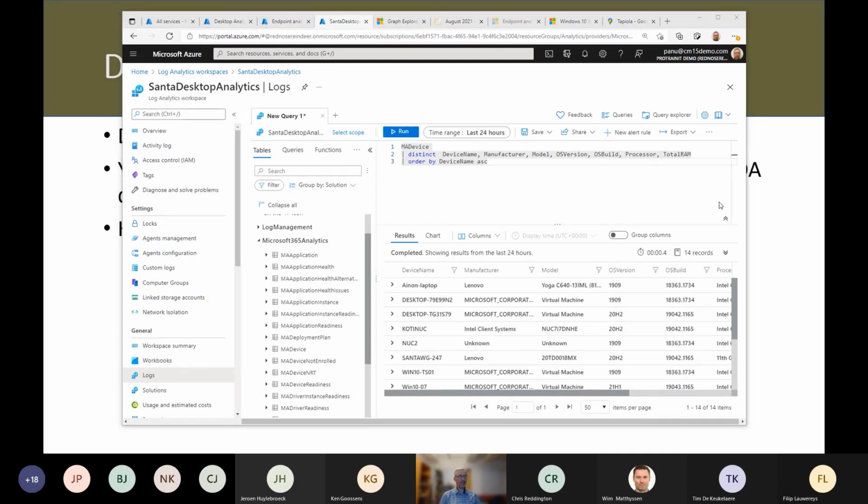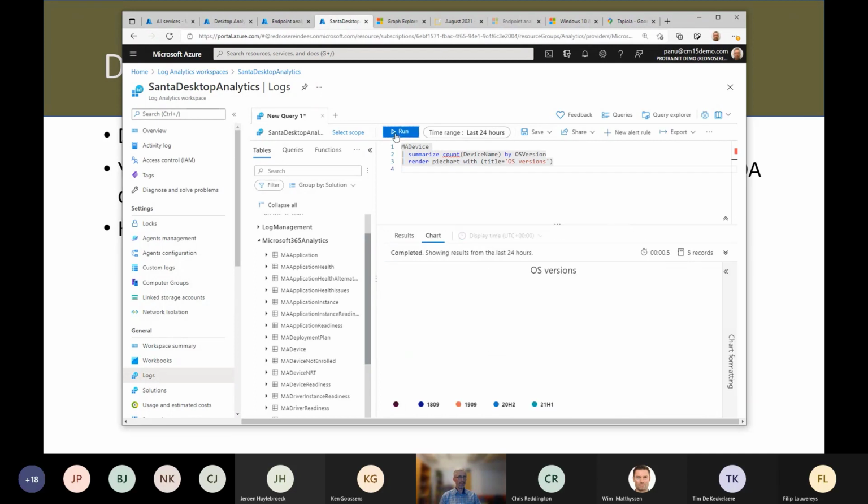Also, you can pretty easily do this kind of summarizations. So I want to summarize the count of devices based on OS version and then do a pie chart. So very quickly I get this kind of nice pie chart about my Windows 10 versions. Also, if I'm interested in finding